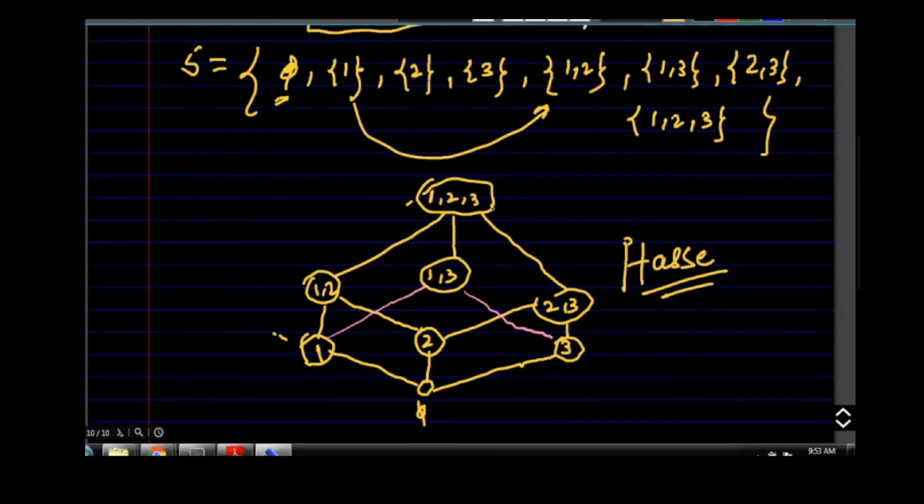Similarly, this 3 doesn't require a direct edge to this. So whatever transitive edges are there, we have to just remove those edges, and we have removed those transitive edges and drawn the Hasse diagram for this. Okay, now let me give you one example